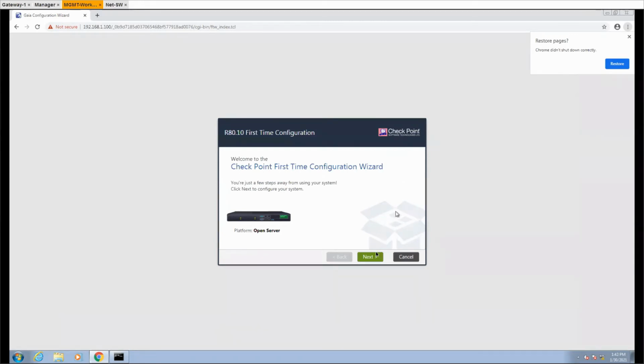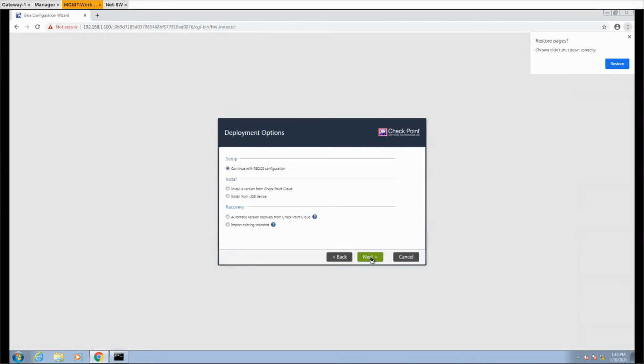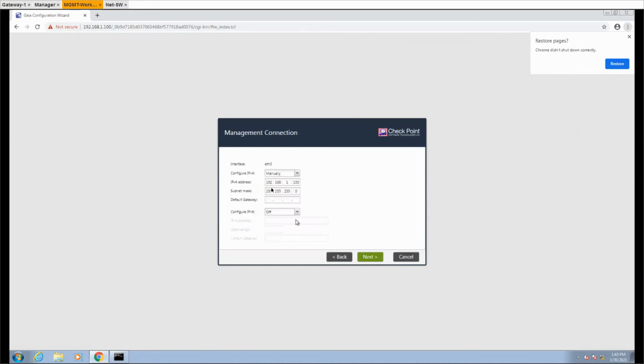Okay, now we will see next here. Over here we are just going to configure the management interface. So let's select it. Then this is going to show you the IP address which you have just assigned, and then other interfaces as well. If you want to configure another interface right now, you can, or you can configure later. Then say next.